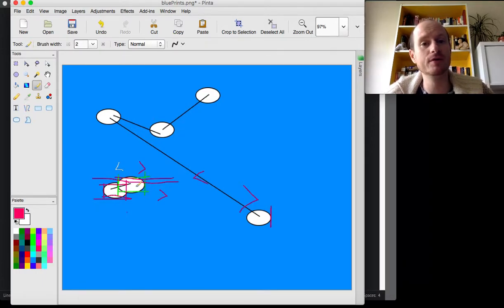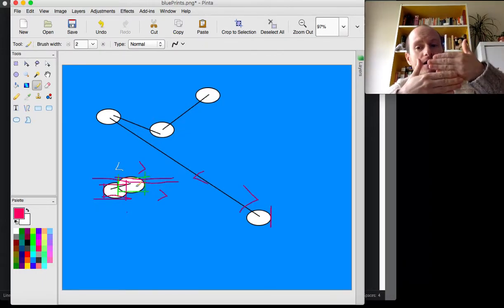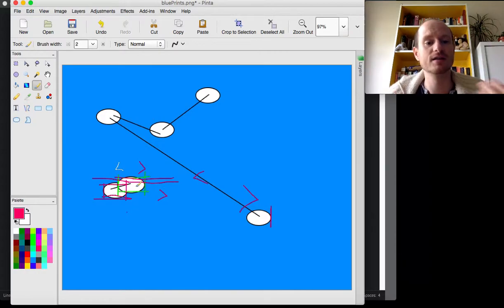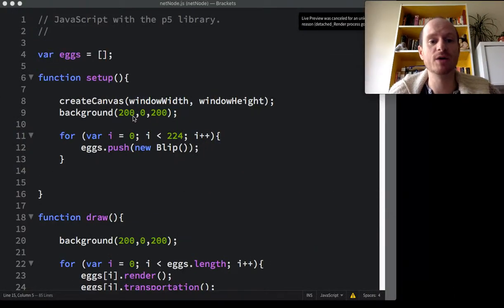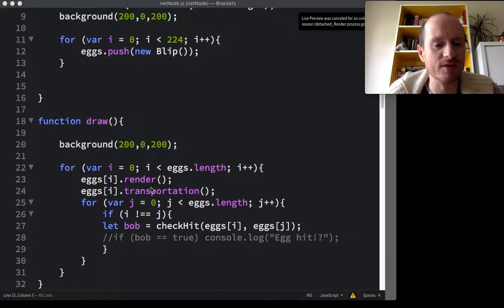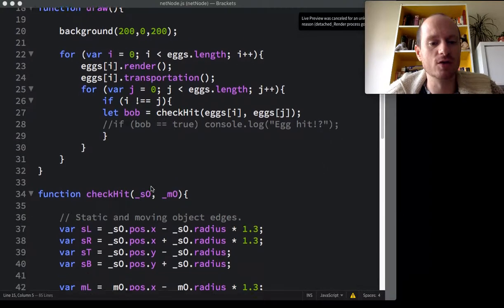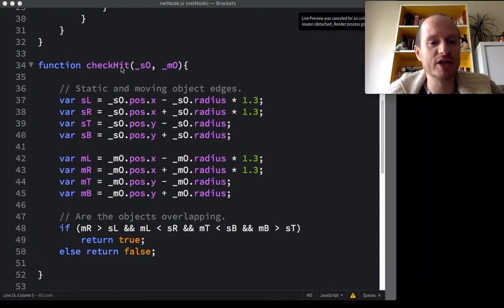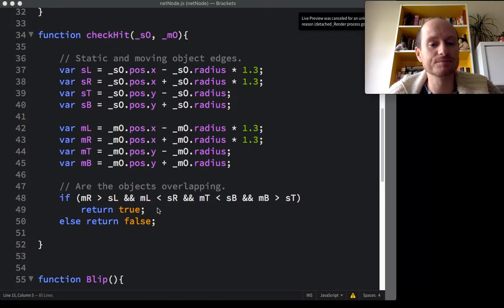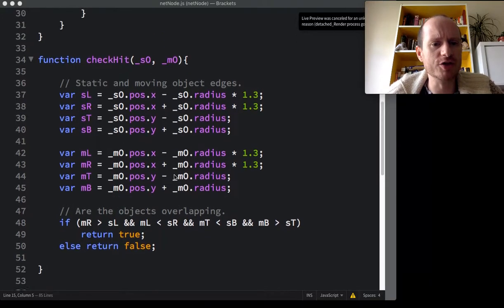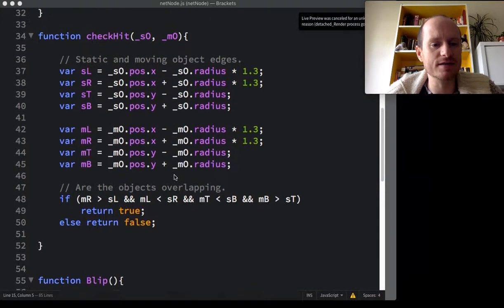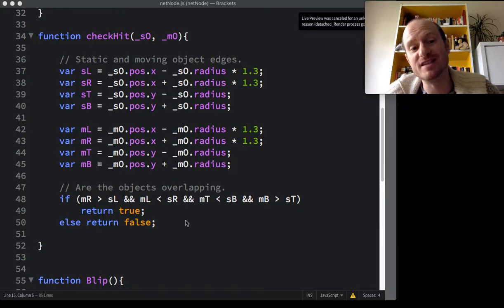Another thing we could do is perhaps when the eggs collide, we then reverse their speeds. That might be simple to do, so let's try and do that. And that would give the eggs, for the first time, solidity. So we know when they overlap, but they're not really colliding in terms of physical objects. So here's where we're checking if there's a hit. What we could do is reverse the speeds in here,